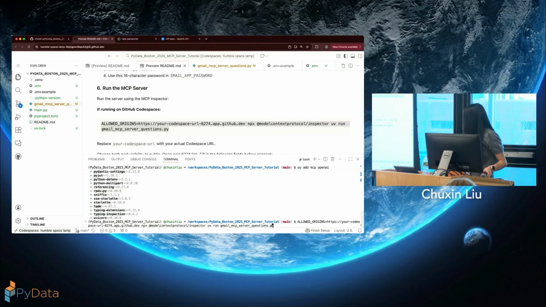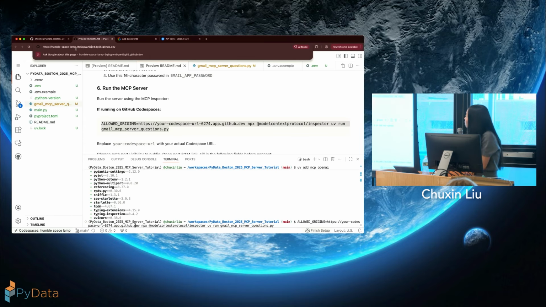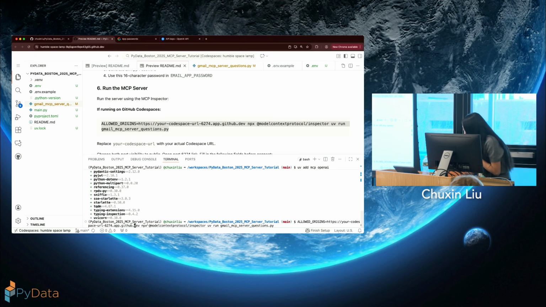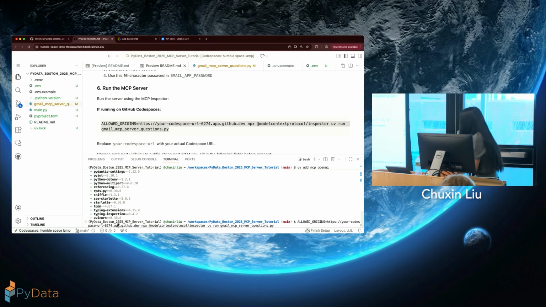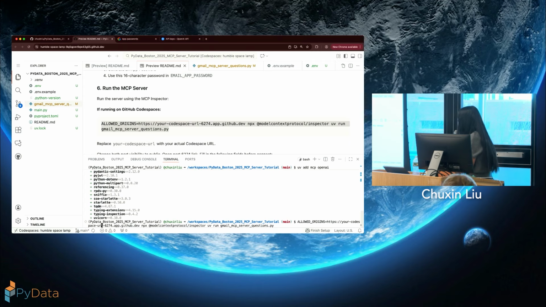So there still should be a hyphen before the 6274. Yes. Okay. So you should keep the hyphen 6274. That is the port number of the inspector.